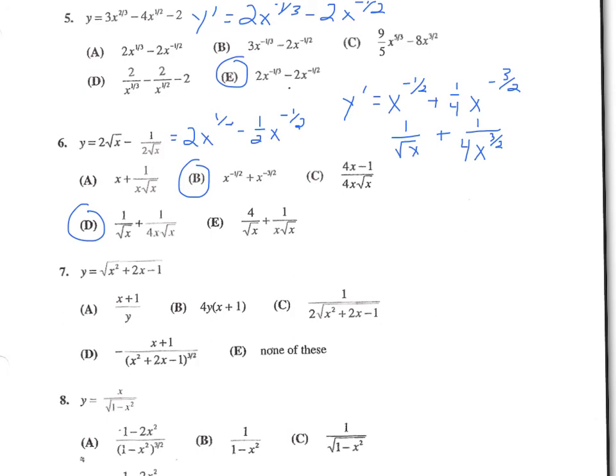For number 7, I'm going to rewrite it before I take the derivative. And when I do the derivative, I'm going to have to use the chain rule. So we have 1/2 times x squared plus 2x minus 1, and that's to the negative 1/2. But I still need to multiply